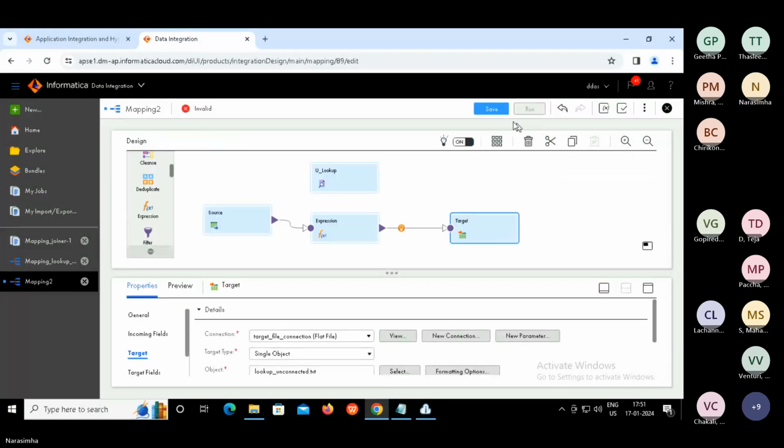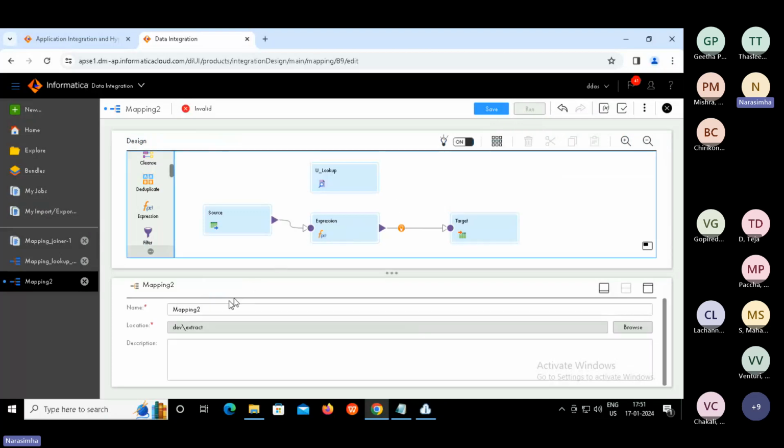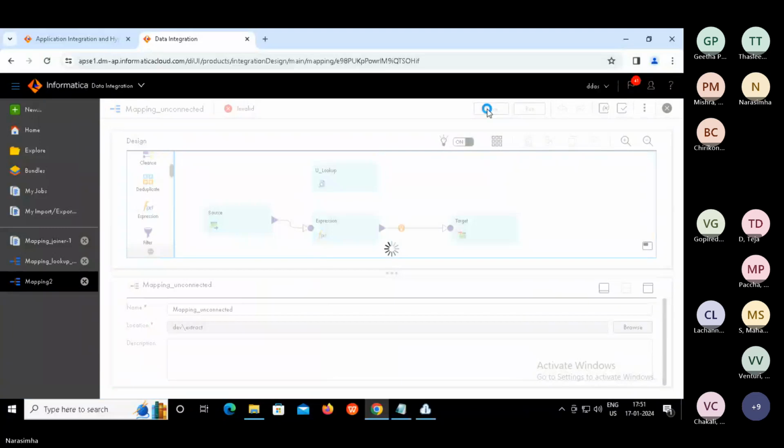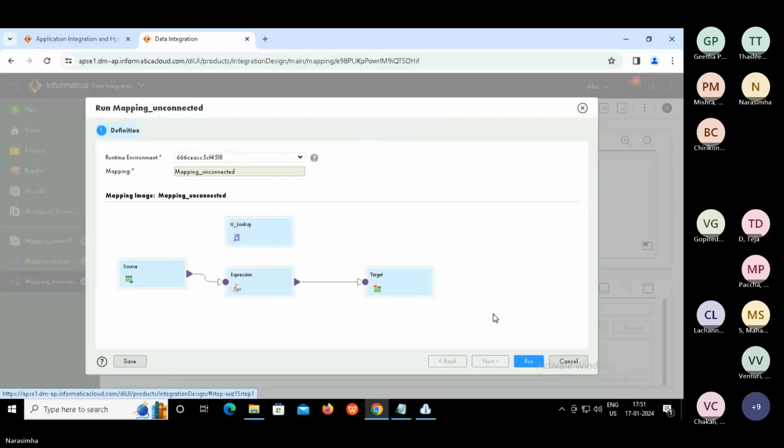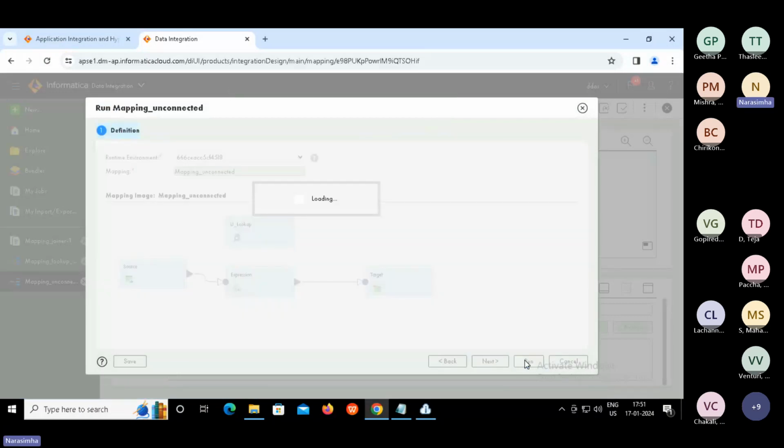That's all, guys. Now supply the mapping name, mapping underscore unconnected. Save it. And run.